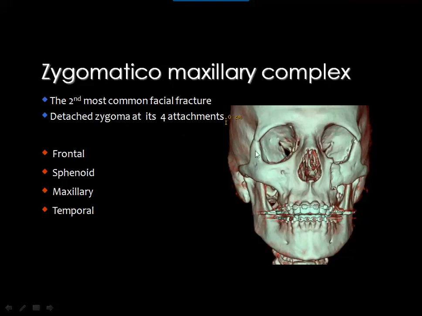You see the zygoma is attached to the frontal bone at the frontozygomatic suture in the lateral orbital wall, and is attached to the maxilla at the zygomatico-maxillary suture in the anterior wall of the maxillary sinus, and is attached to the temporal bone through the zygomatic arch in the zygomatico-temporal suture, and is also attached to the sphenoid bone through the zygomatico-sphenoidal suture, which is located in the orbital floor and along the posterolateral margin of the